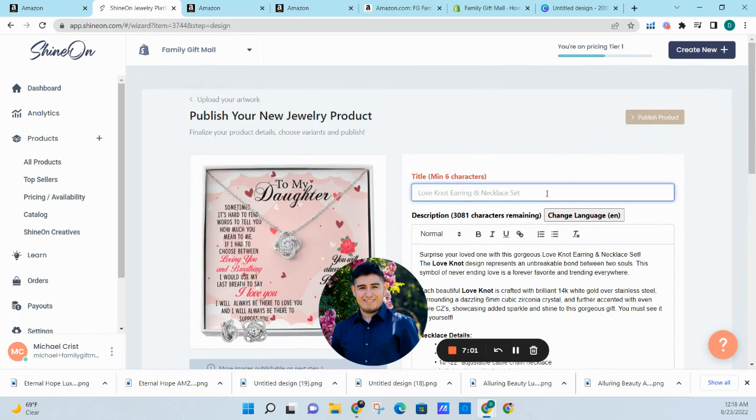Why? Because customers, the first thing they're going to look at is the main image. That's the first thing they're always going to look at. Then they look at the title, or they look at other images, but the first thing they're going to look at are the images. So they're going to know it's a different necklace. So it's going to be up to them to choose if they want the Love Knot bundle or they just want the Eternal necklace. So one more time to my daughter, reading